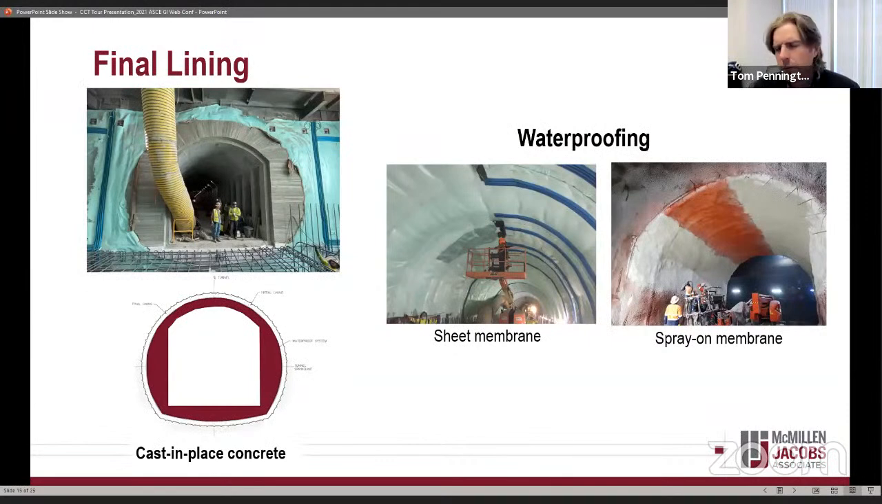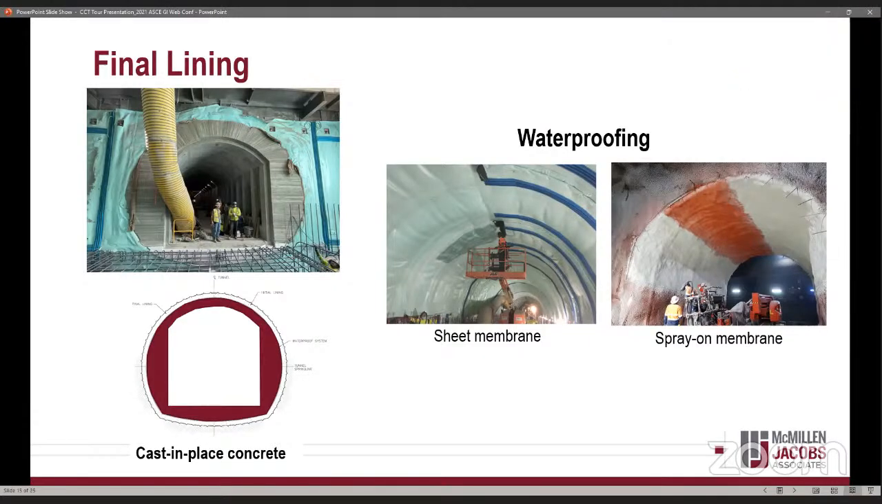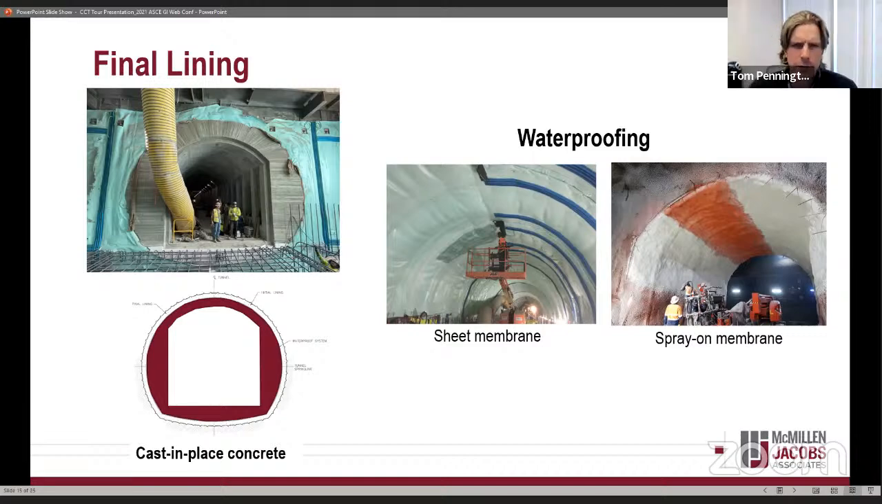The final lining is basically what the final structure is going to be comprised of. Here, it's a cast-in-place concrete liner, ranging from 10 to 18 inches in thickness. And that basically is the final fit out of the structure. And you can see also, I mentioned earlier, we allowed for waterproofing. You can see in the middle photograph here, this is actual sheet